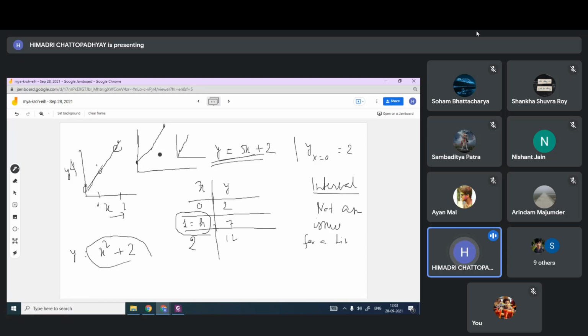But if it is nonlinear, or you want to plot a complex function, then you calculate here, you know the value. This is the initial value. Now at what interval you calculate the new value, these intervals should be small. This h should be small. So let me erase this page.